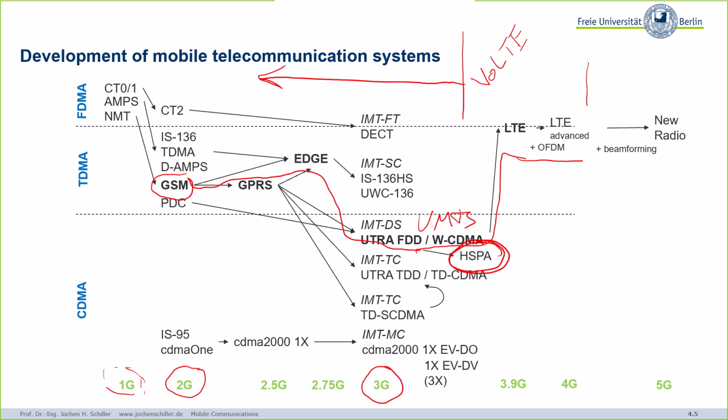And this is why some people say, maybe we switch off first the 3G networks and leave a bit of the spectrum for 2G for these special applications, and use the remaining parts of the spectrum for LTE and whatever there will be. So that's a bit of the problem, that you cannot simply say, okay, I switch off completely all the technologies.